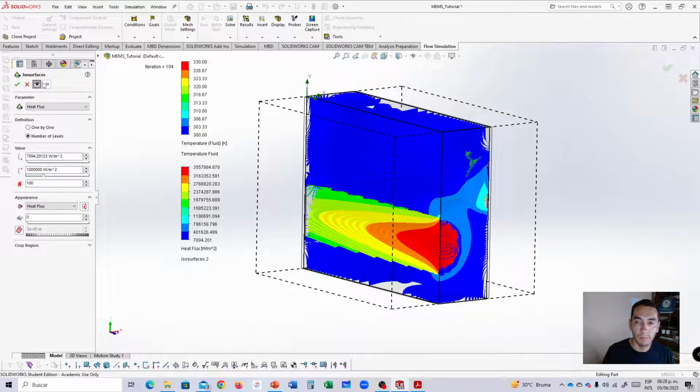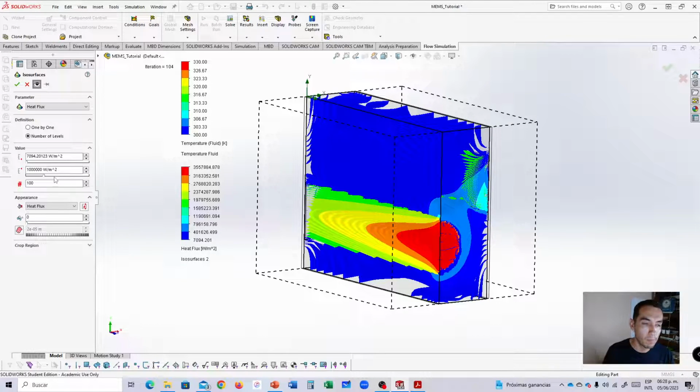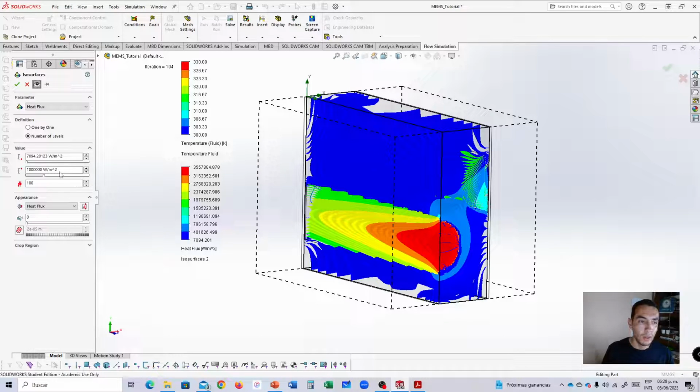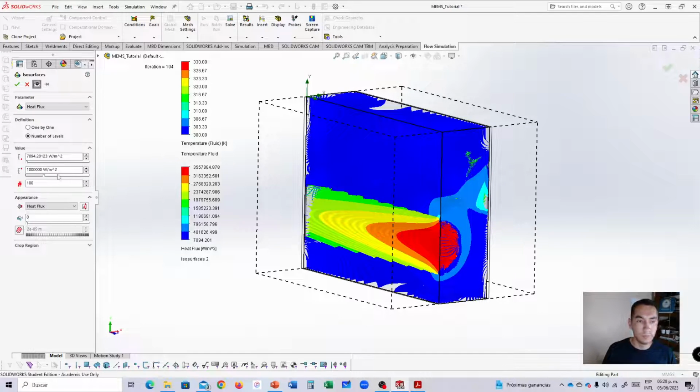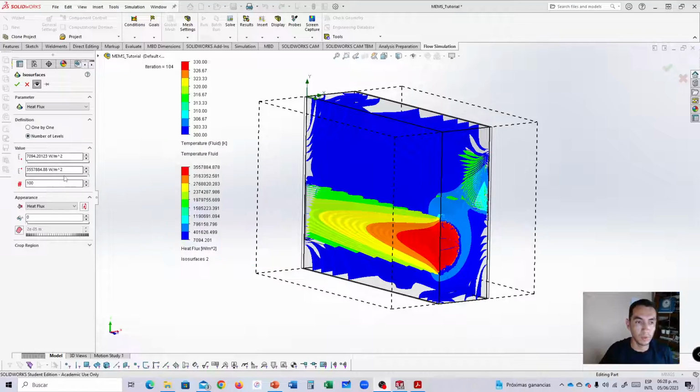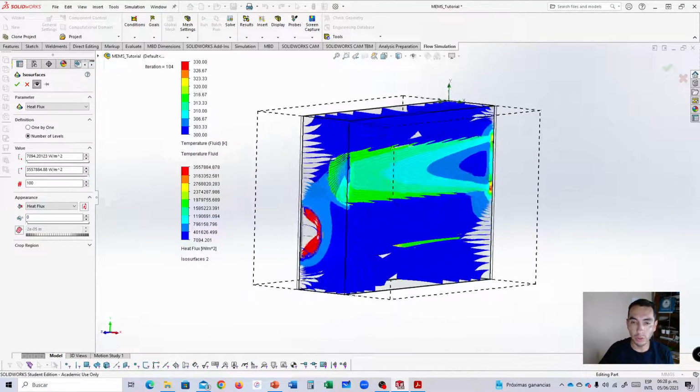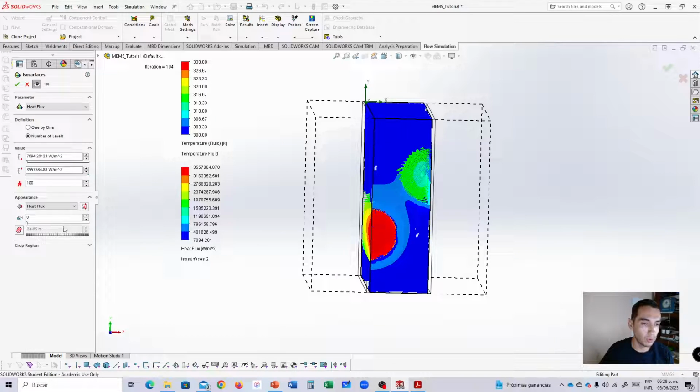Okay, I think that I'm not going to change it in this one. I'm going to leave it as default, and I'm going to change it in another way. I'm going to click OK,